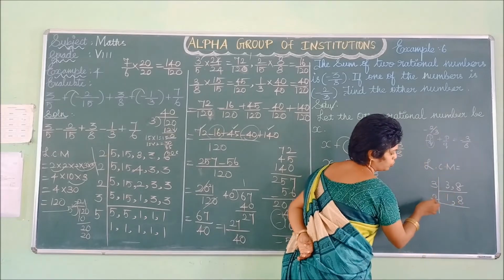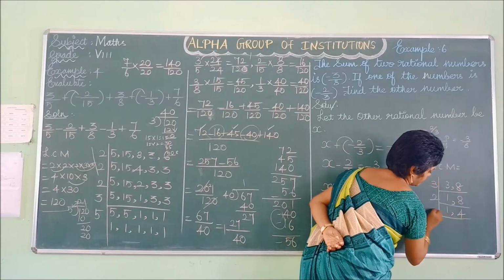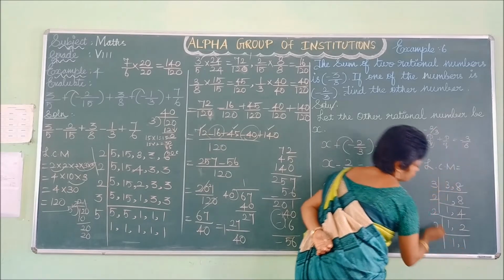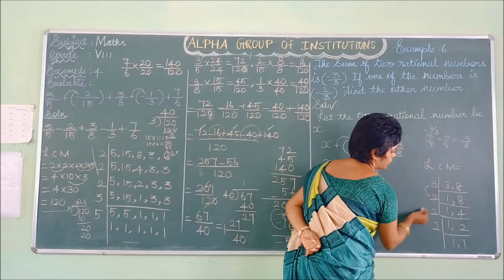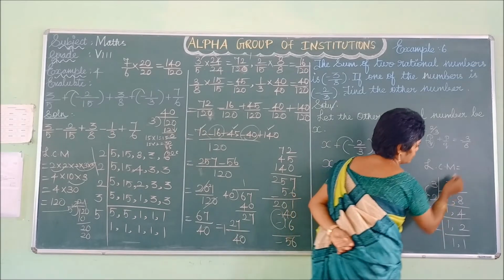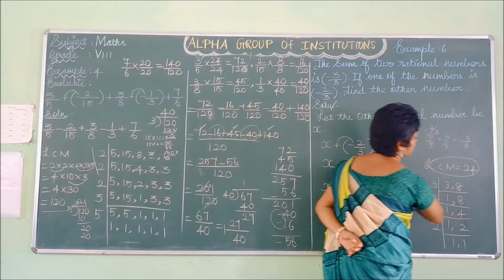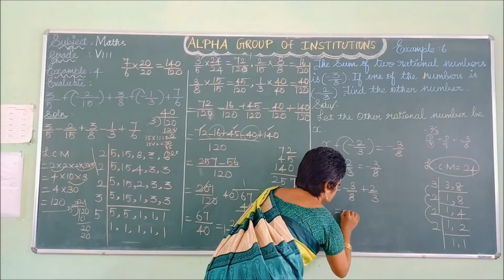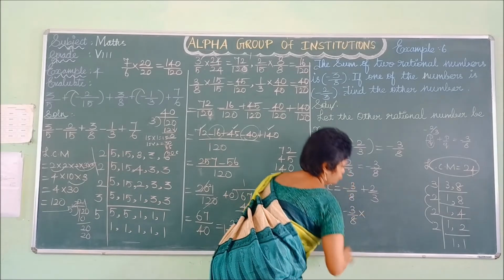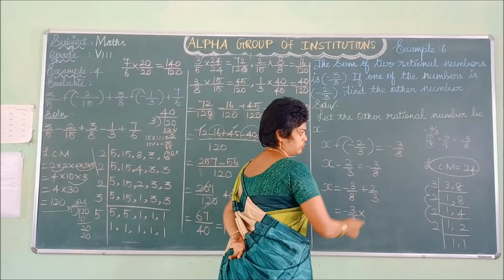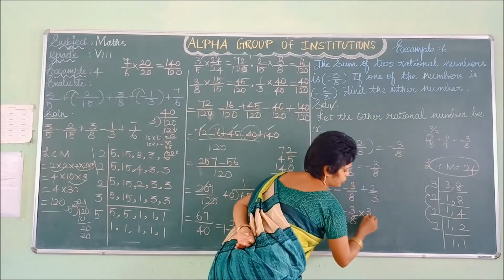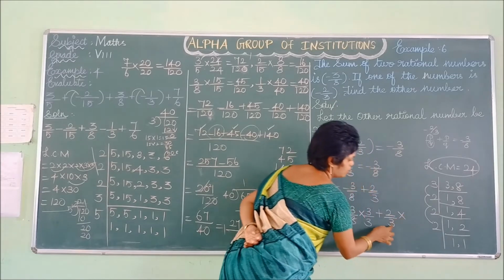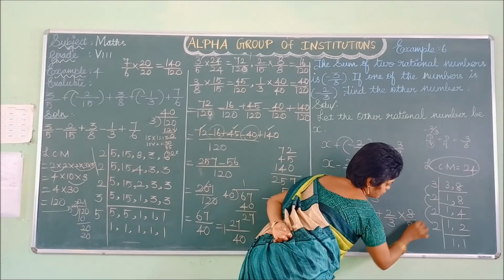Then do with the 2 table. 1 time, 4 times. Again do it with the 2 table. 2 times. Then again 2 table. You can multiply those values. 3 2s are 6, 6 2s are 12, 12 2s are 24. So right now our LCM is 24. How to change this denominator into 24? Minus 3 by 8 into, so when 8 changes into 24, if you multiply it with 3 only, it changes to 24. Then 2 by 3, 3 into 8 only, your answer is 24.